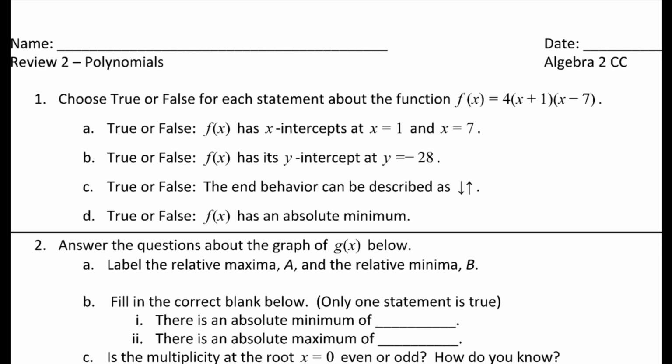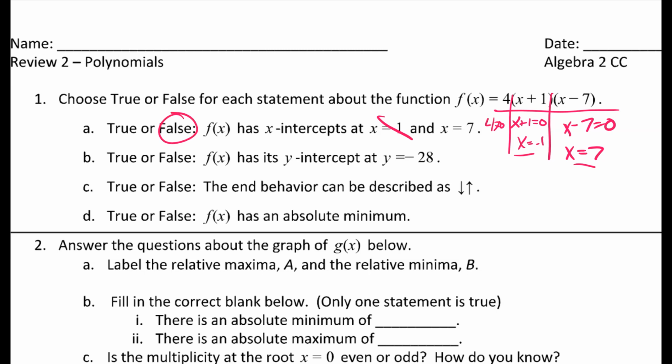The first one says true or false, f of x has x-intercepts at 1 and 7. Well, remember to find x-intercepts if it's already factored, this is in root form right here. We could just split it off and set each of those factors equal to 0. Now, of course, 4 is never equal to 0, but when x plus 1 equals 0, if I subtract 1 on both sides, I find negative 1 is the solution to that, and when x minus 7 equals 0, I find x equals 7 is the solution to that. So really, there are x-intercepts at negative 1 and positive 7, not positive 1 here,